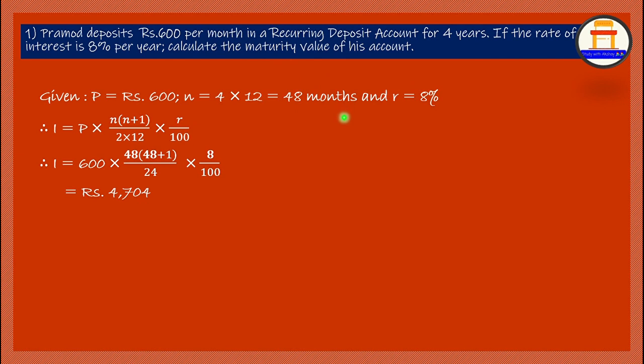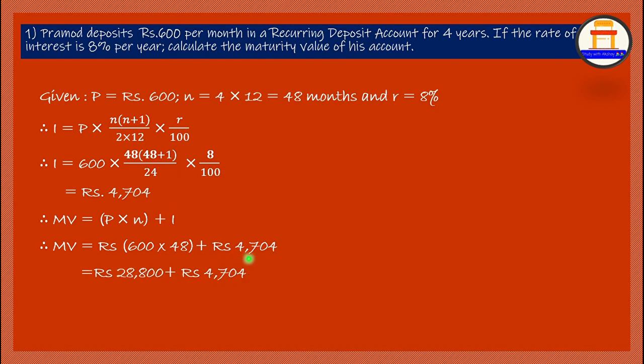So next, maturity value formula is here. Principal into n plus I. I is simple interest, now we have just calculated it. So 600 into 48 plus 4,704. So upon simplifying we get 28,800 plus 4,704. Right. Now let's simplify it. We get our maturity value as